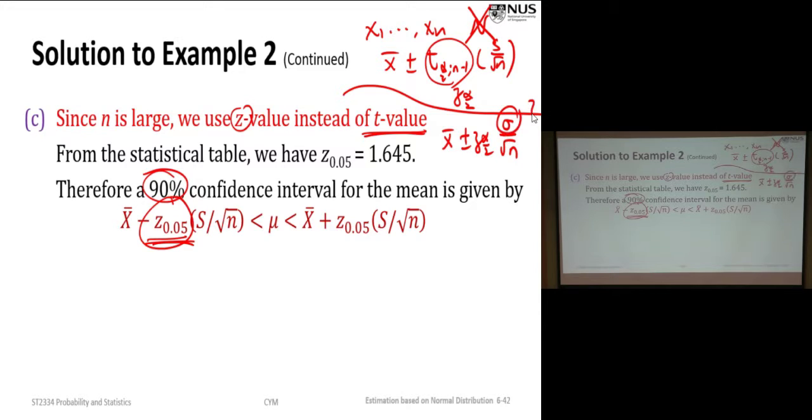But unfortunately, we don't know this one. So we have to replace it by S. All right? So what I'm saying is that we arrive at the same formula. If your sample size is big, apply the central limit theorem, it's supposed to be x bar plus or minus z alpha over 2, sigma over root n. But since we don't know sigma, we estimate it by S. All right? So your sample size is big, so we accept that you replace this by S, we still achieve a similar